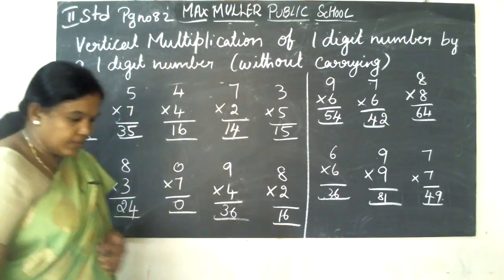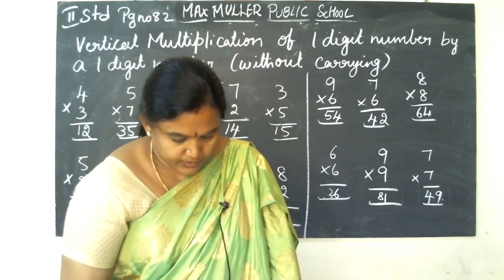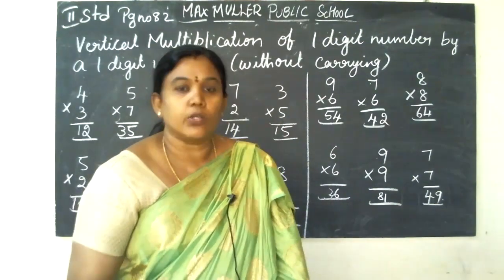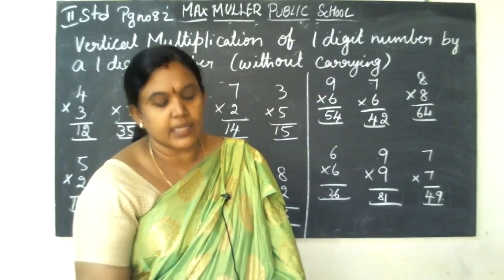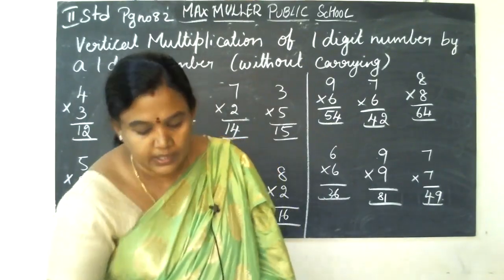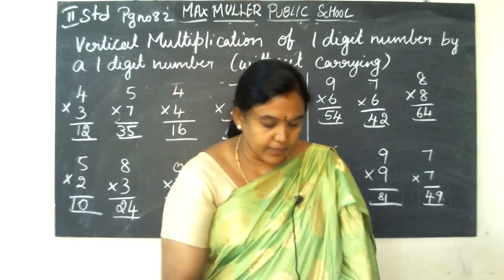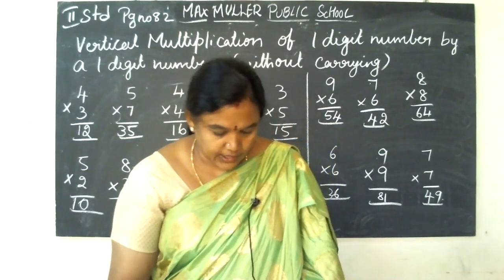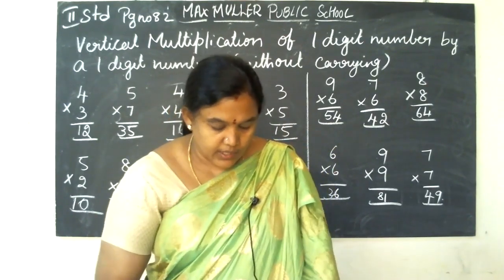I gave homework, no? Page number 70, 75 to 78, you want to finish. And numbers, skip counting tens and color the numbers. We want to color the numbers, children. I hope you all have finished the tables. Last class I gave, no? That also you want to color it. This also you want to color.